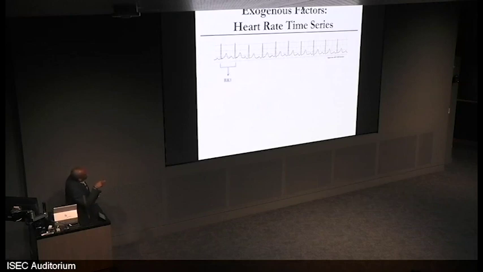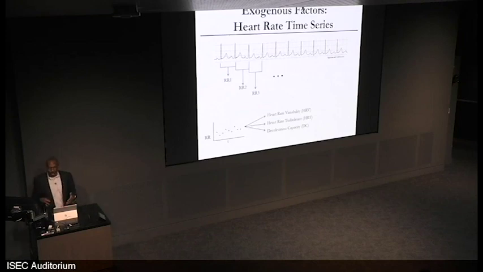Each of these corresponds to a beat. You could think of each of these peaks as one beat of the heart. So the time difference between when this beat occurs and this beat occurs is the time it takes for one beat. Here, I'm going to refer to this as the RR interval. This is the heart rate, the instantaneous heart rate for one beat. I can do this for the next beat and so on, and I can do this for a long time series and get a heart rate time series. And from the heart rate time series, I can get some summary statistics. These are all referred to as heart rate variability statistics, and they're indicators of risk.